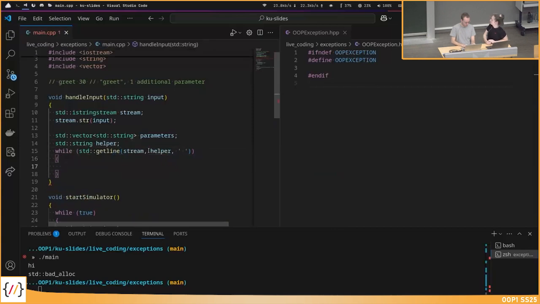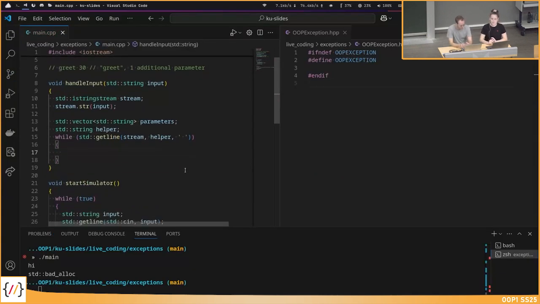If you remember, the third parameter for getline is the delimiter, which just means up until what character we want to read from the stream. For example, if we specify space, then if the user input has a space somewhere, we just read up until the space. So the same thing we do with \n, the new line, by default, we can also do with the space here.